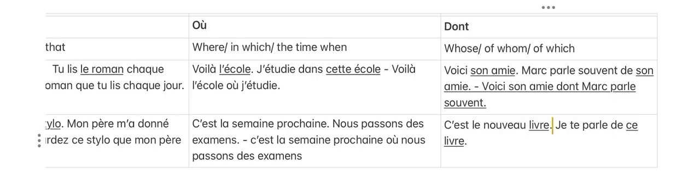C'est le nouveau livre. It's the new book. Je te parle de ce livre. I speak to you about this book. So the repeated word is livre. And if we observe, there is the preposition de which precedes the repeated word, in this case ce livre. So we will be using the simple relative pronoun dont. So we get